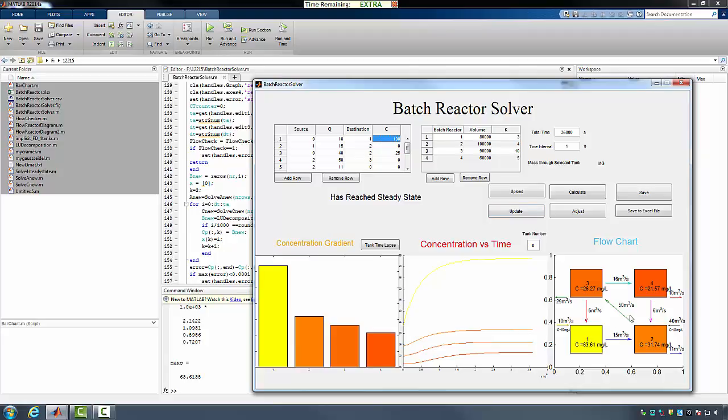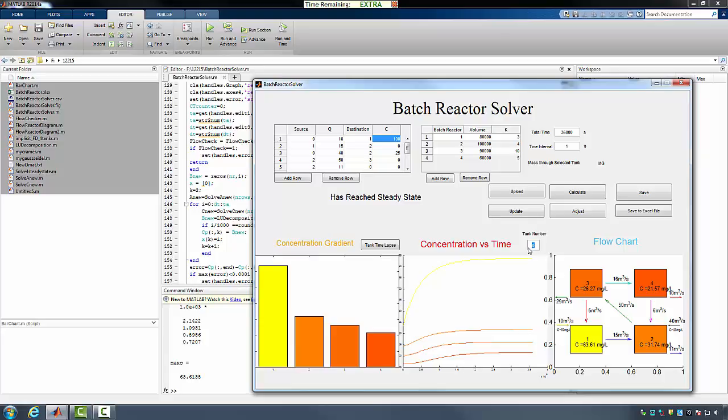It is worthy to mention that our original GUI was done on a different computer. When we switched locations, it was necessary to reduce the size of this. Therefore, the fonts are a little bit too big. A future improvement would be to relate the font size to the number of reactors or to the size of the overall graph. Other than that, when we have our time over concentration graph, we are able to change the